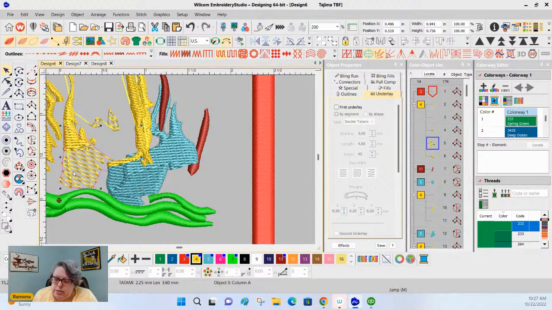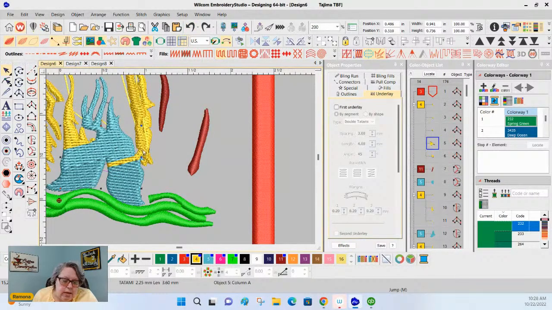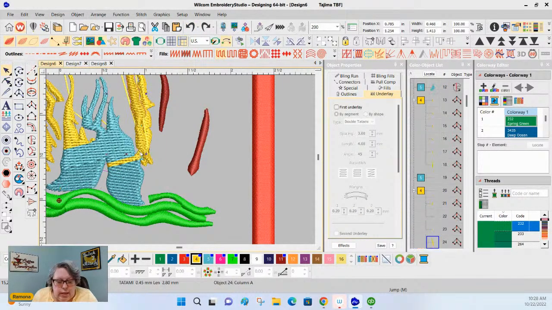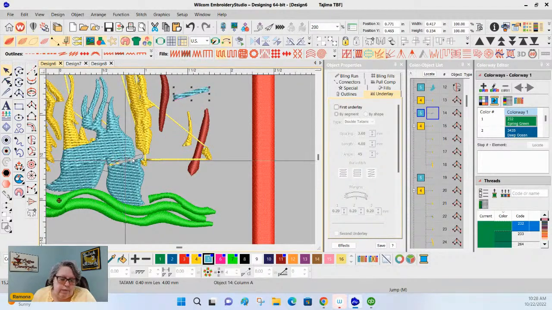Oh, there's a mystery underlay that we didn't know we had. Okay, suffice it to say that we can now edit the objects in our file. The point I'm trying to get to with this one is I want to bring this down,